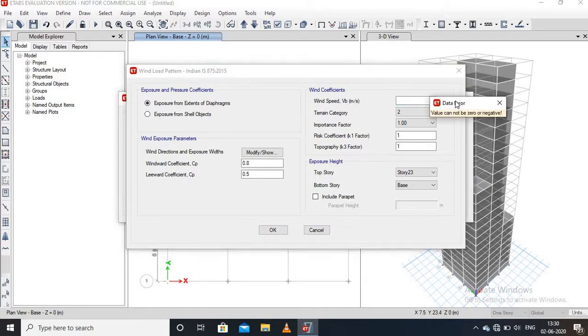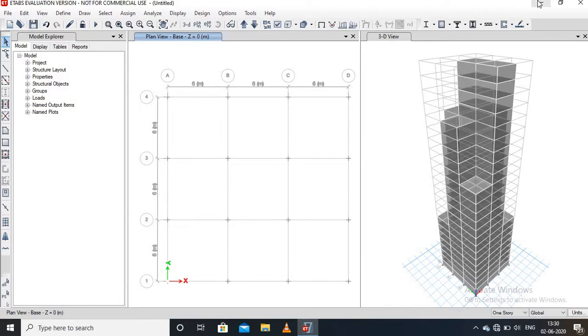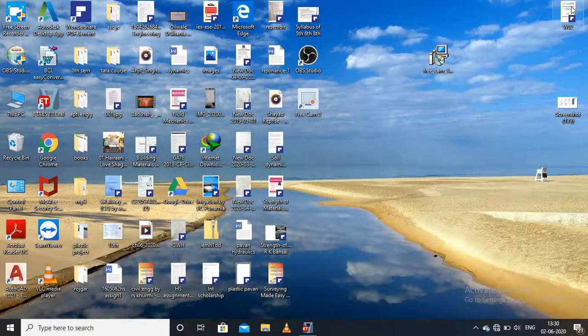So first of all we have to open the IS code, then open the IS 875.